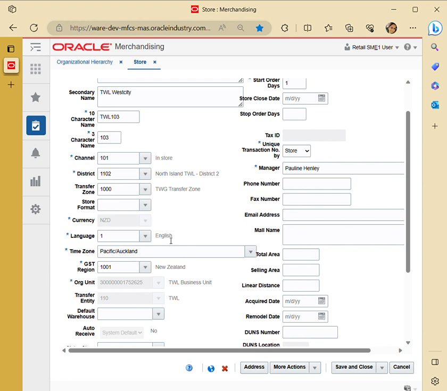Then you have to select the specific time zone, GST region, like which part of vicinity you are using, so that it determines which rules would be applicable. Then you have to select the organizational unit, means